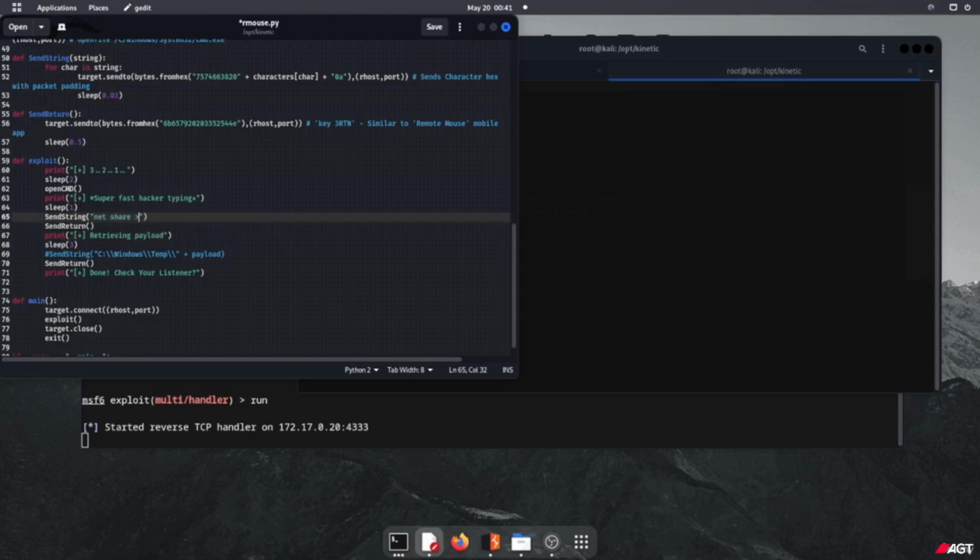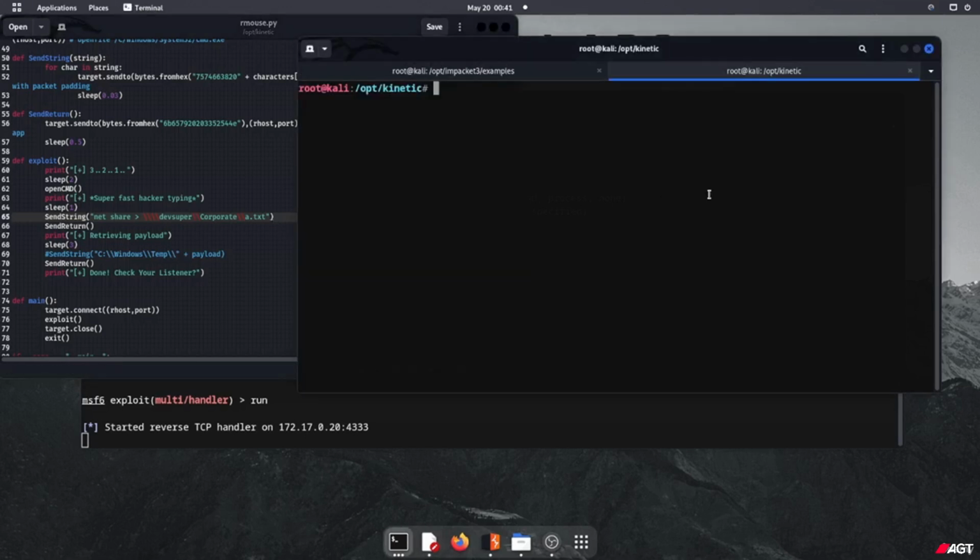So we're going to output net share for the corporate share to a.txt, and this command should give us the full local file path of that share. That way we're not doing \\dev-super\corporate\payload, we'll actually be doing drive letter, wherever it's located. And saving that and executing the proof of concept,